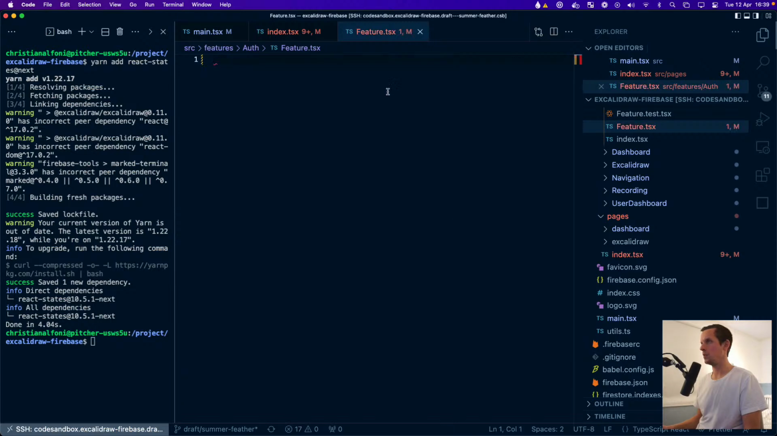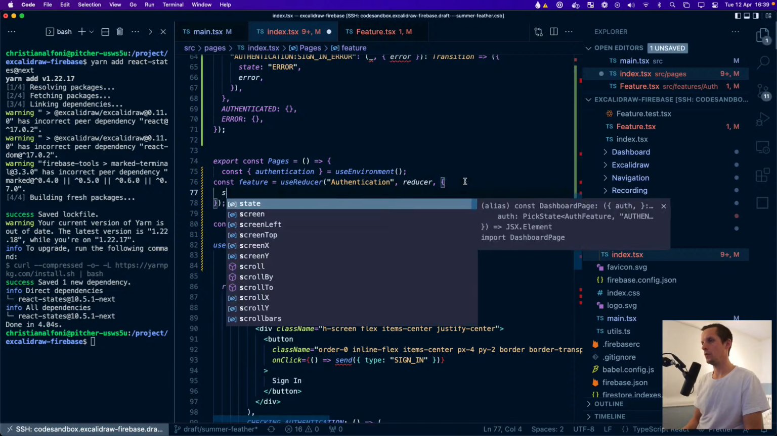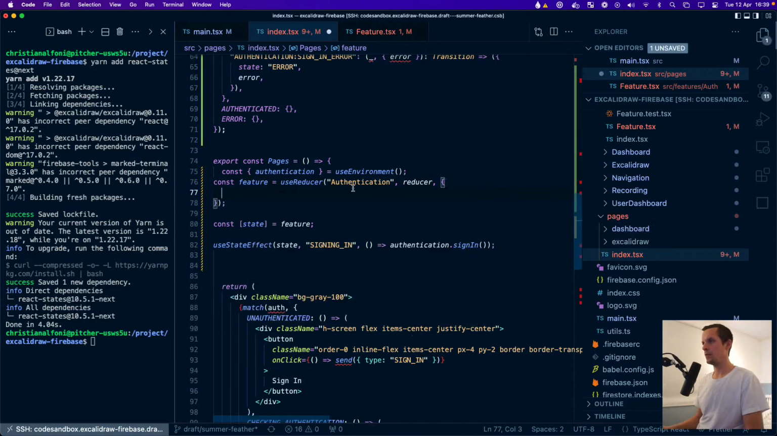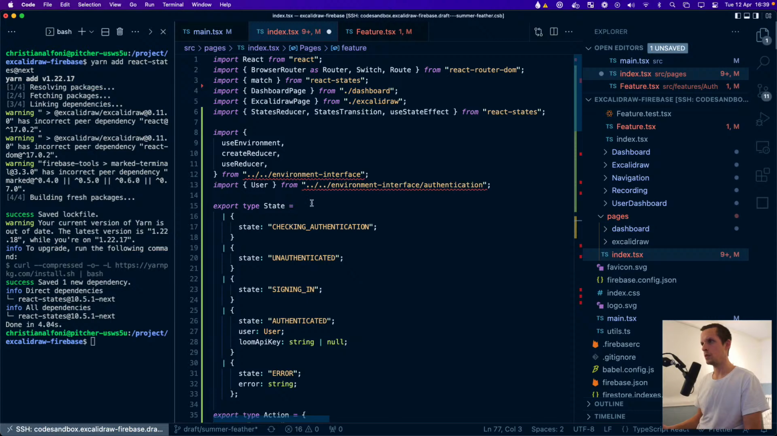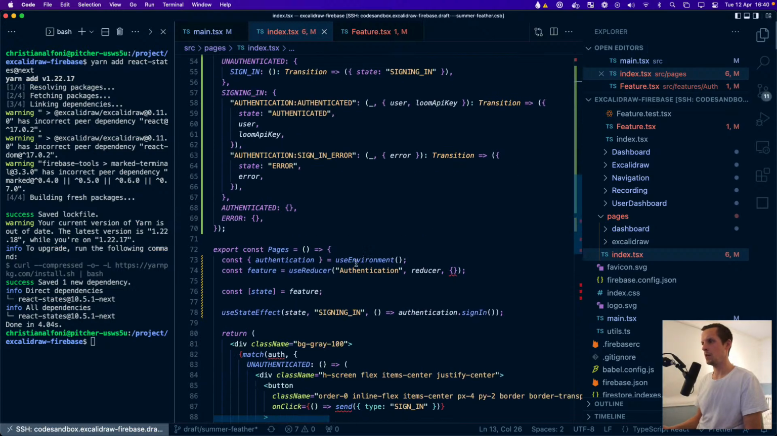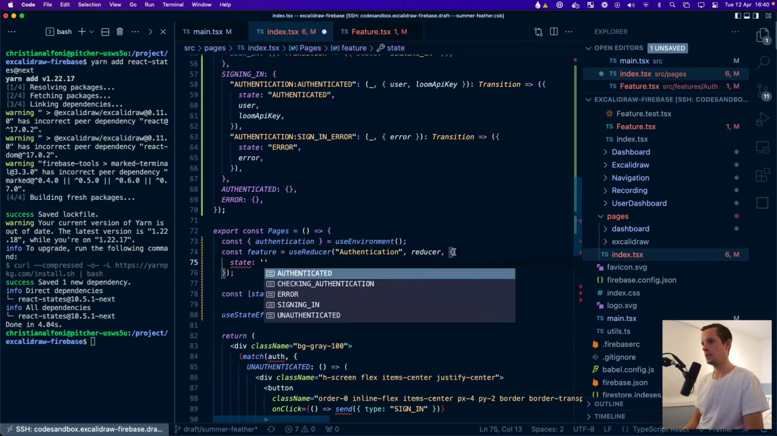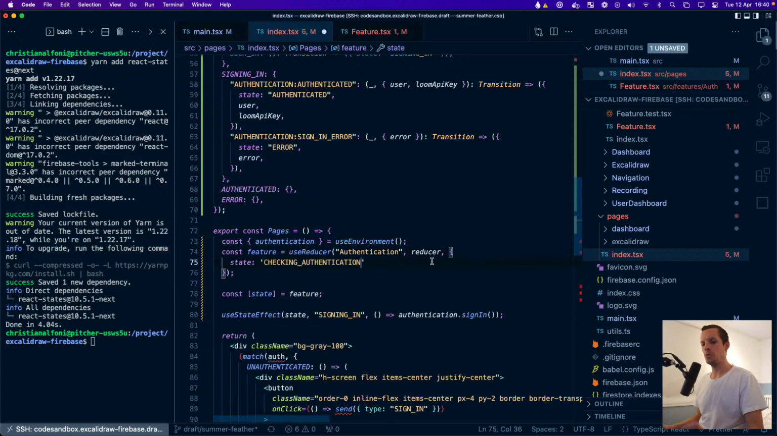Checking authentication. Okay. We're just going to do that now. Yeah, let's first make sure this actually works. So we have the environment interface. State is checking authentication. So what I'm going to do is,